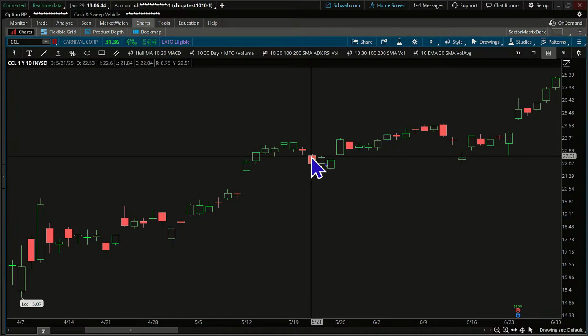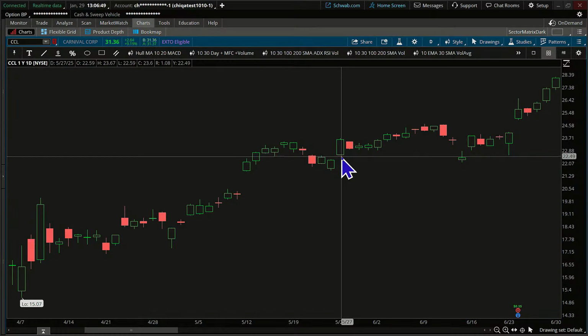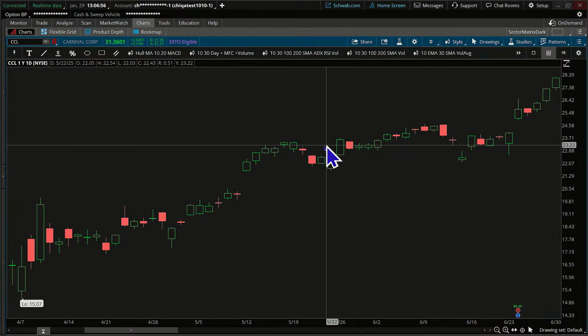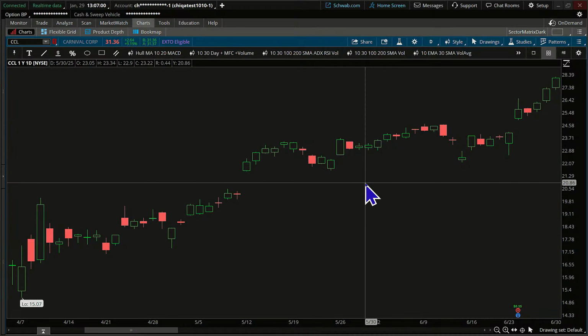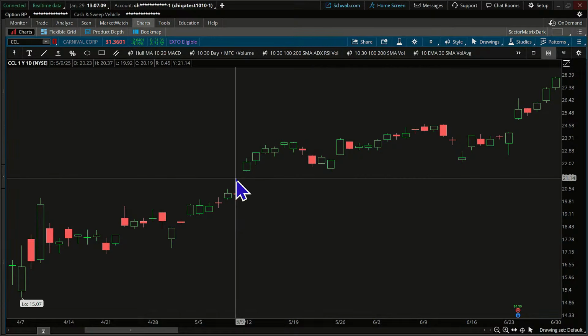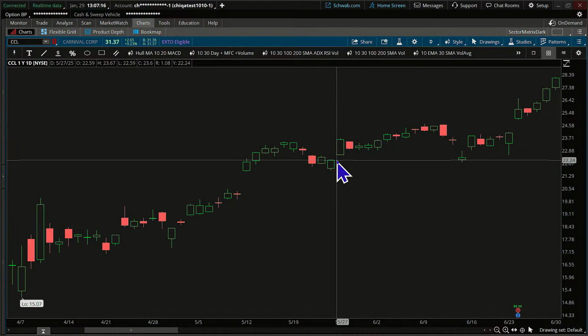The next day, visually, we can see, oh, it didn't do it either. But this day, finally, we have a closing price, because the closing price would be up here, and it is definitely higher than where our low candle is right here, that red candle. Okay, so those of you that aren't familiar with a hold, close above the high of the low day, now you know. And you can see just what it did in this particular one. Yeah, it took it a few days to actually do that, but sometimes it can happen pretty quick.